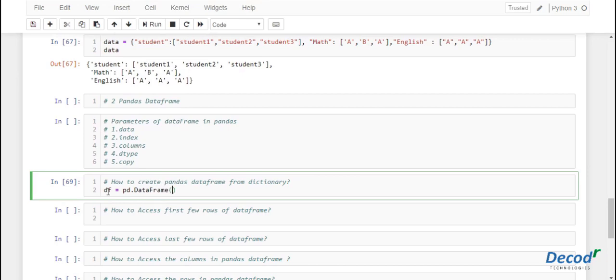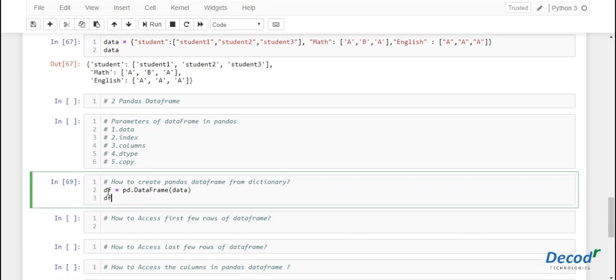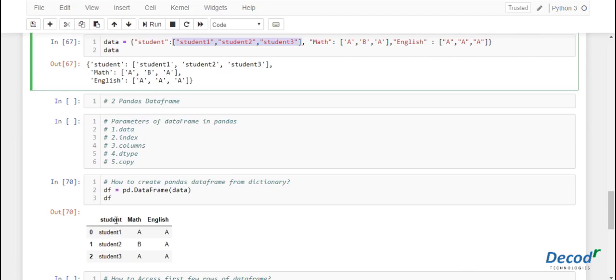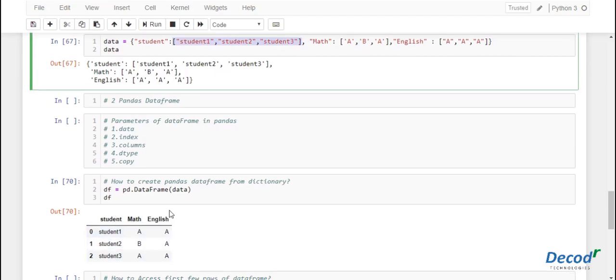This is the function used to create a data frame which is present in the pandas library. Now we pass data, which is the dictionary, and let's print. Each value in the dictionary becomes a column in the data frame. You can observe each list has become a new column in this data frame.